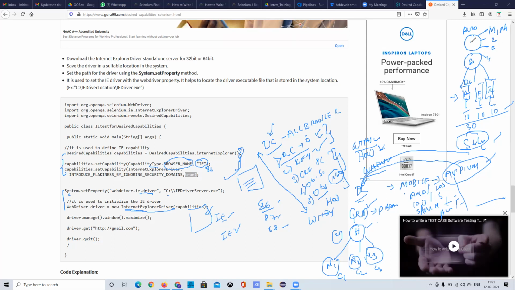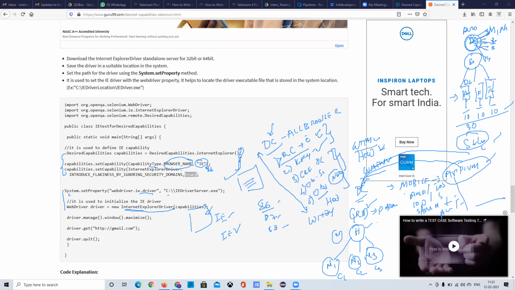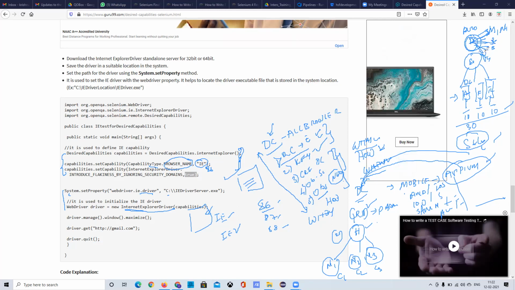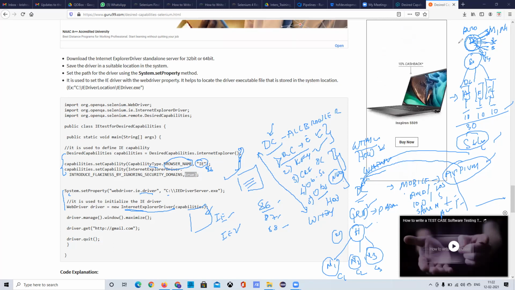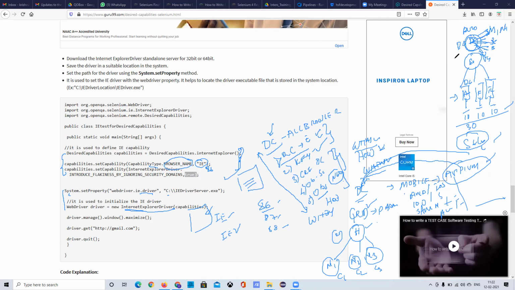From here I can throw the execution to machine 1, machine 2, machine 3, machine 4, and here I'll be setting the desired capabilities. You need to go to the Windows machine, the Mac machine, or the Ubuntu machine, and then open Chrome with a particular version. All these things will be set in the desired capabilities. When you are physically implementing this automation infrastructure, desired capabilities will play a vital role.